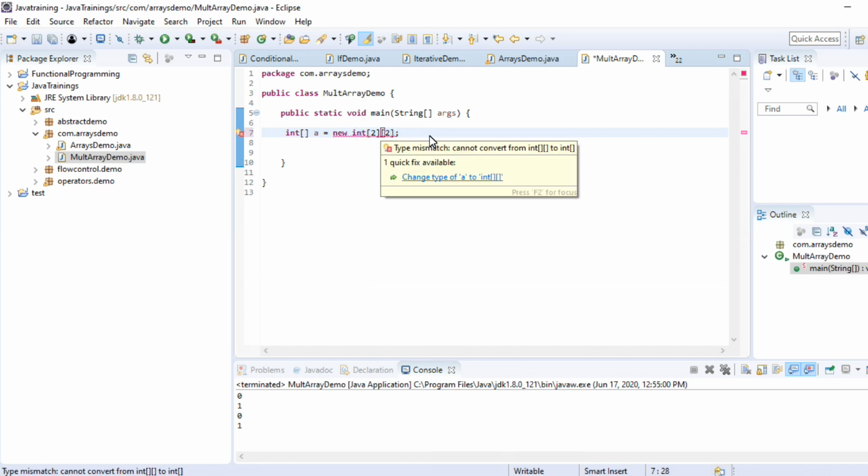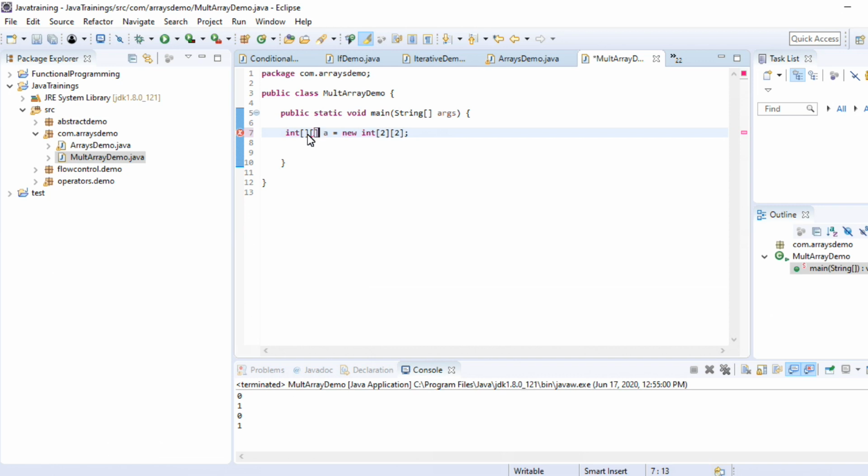Okay, that means here also we need to give multi-dimensional brackets. So we have 2 brackets, then it is multi-dimensional. Here the meaning is we can store values like this. Inside an array we have 1 comma 2, another one 3 comma 4, 2 arrays inside an array. The size of an array is 2 and inside array size also 2. So this is a multi-dimensional array.